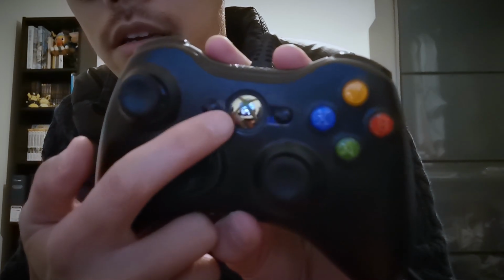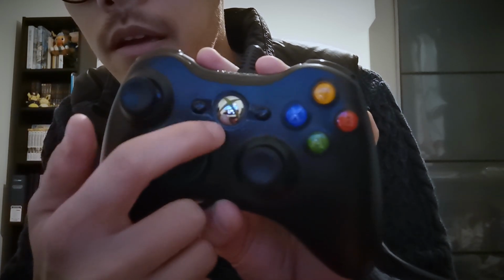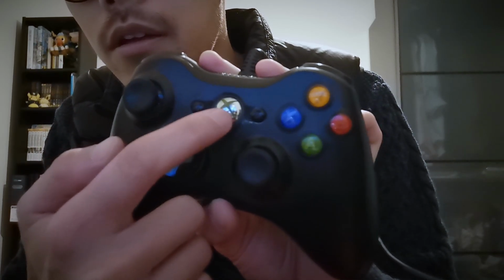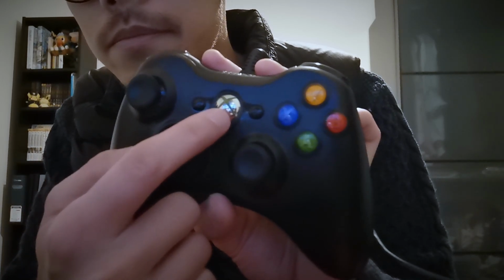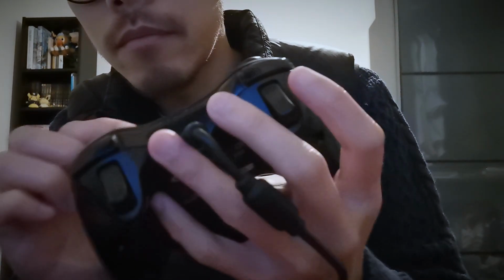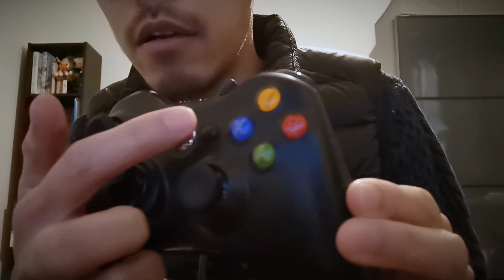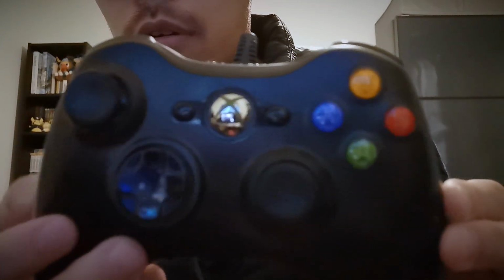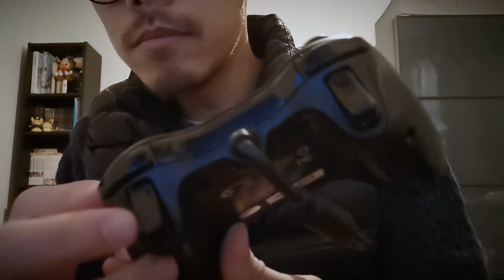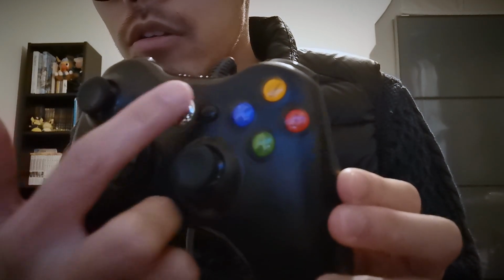They are just slightly oval-like in shape, oblongly oval shape. And then finally we have right in the centre the Xbox logo. That is the home button. Okay, not sure if you can see, but we have 1, 2, 3, 4. This indicates the player number. So you have player 1, 2, player 3,